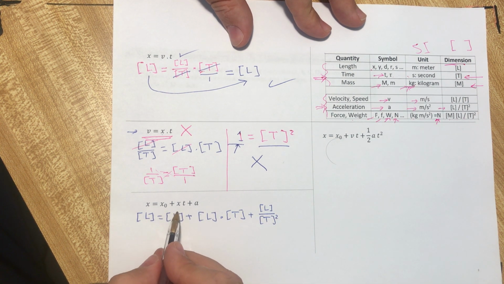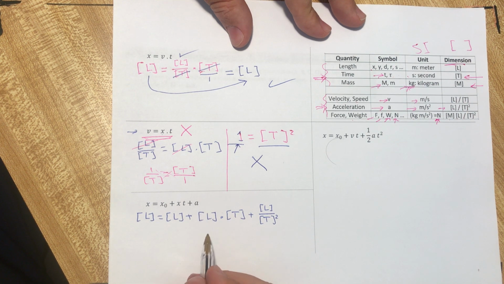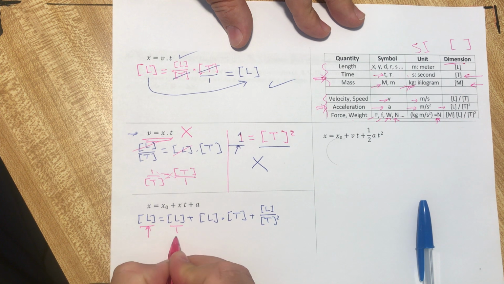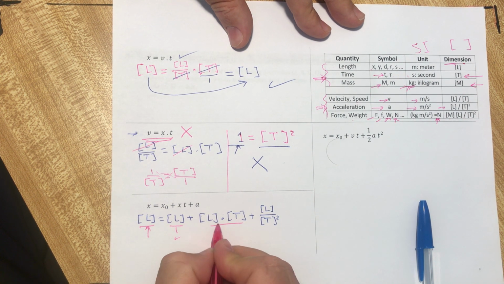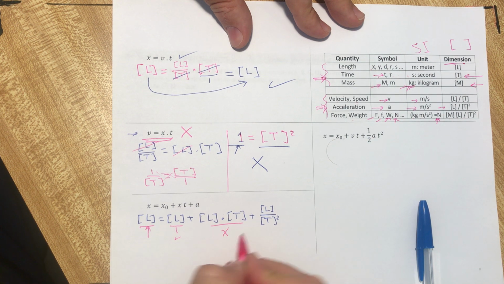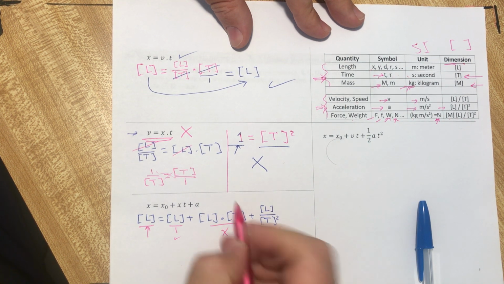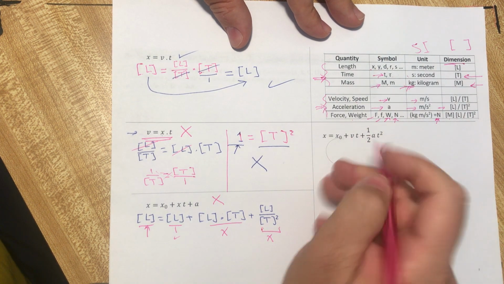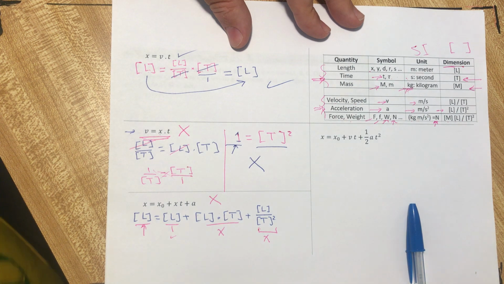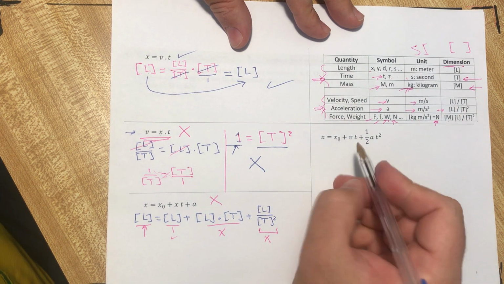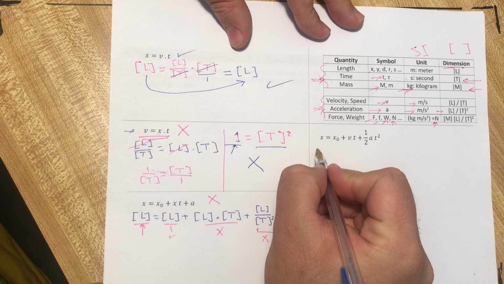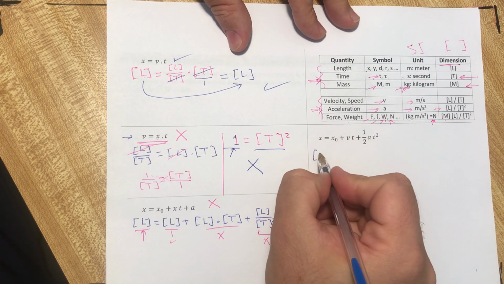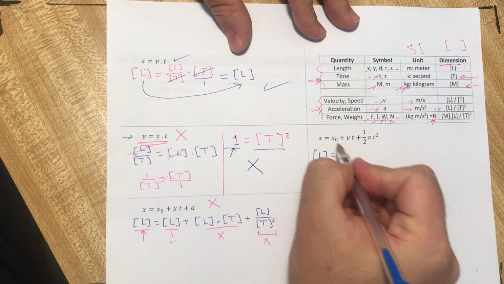Does this equation work? I think no, because this term is length equal to length. This is good. Plus length multiplied by time. This is wrong. This is also wrong. So this equation cannot be true in physics. Let us see the last equation. This one is right, I know that. Look, we will find this equation and work with it later. x is a length equal to length